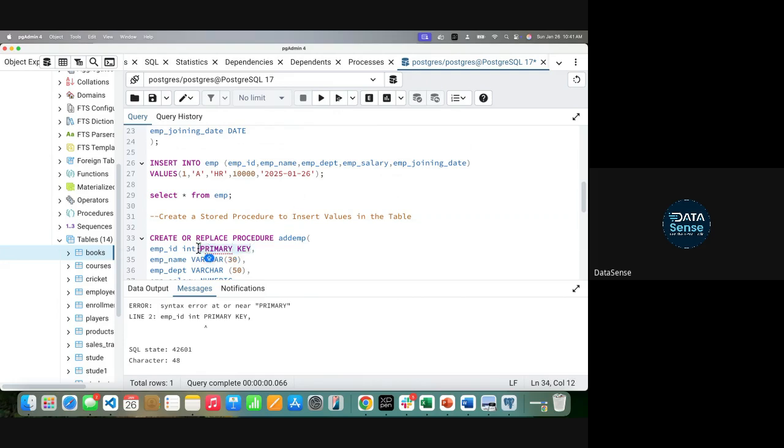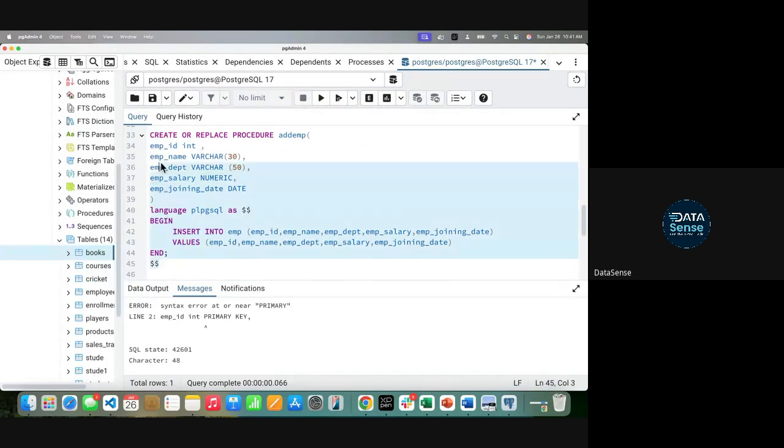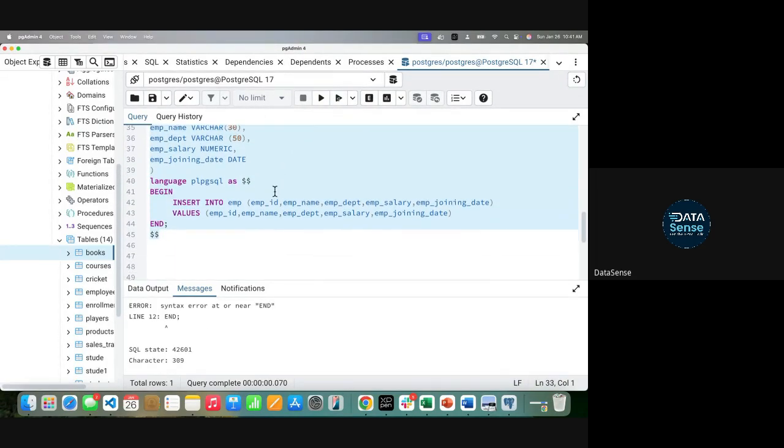This does not need a primary key because we are not creating a table. Syntax error near end. Oh, I didn't close this. Sorry.